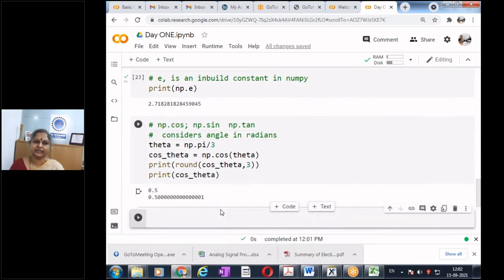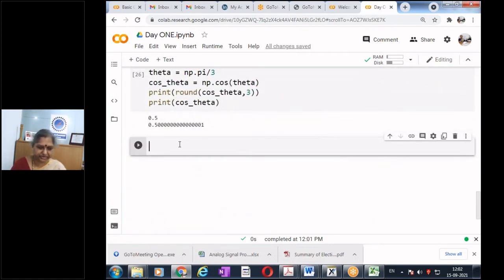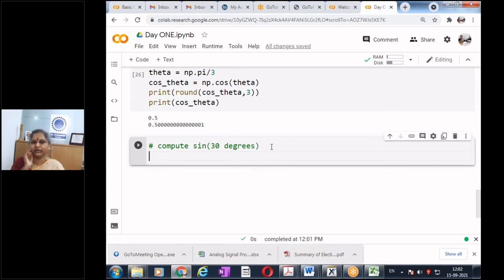So now my next question is, compute sine 30 degrees. Sine 30 degrees. Please do it. Type in the whole command in the chat box. I'm not giving you the angle in radians because I find it difficult to work in radians and I'm comfortable in degrees. So please give me the command. You all type in the command and share the result. Please tell the result of sine 30 degrees.